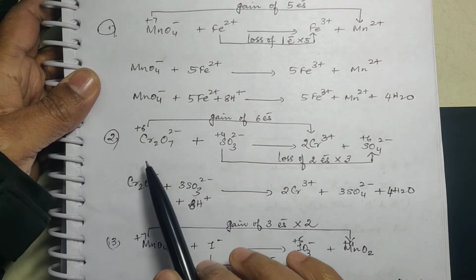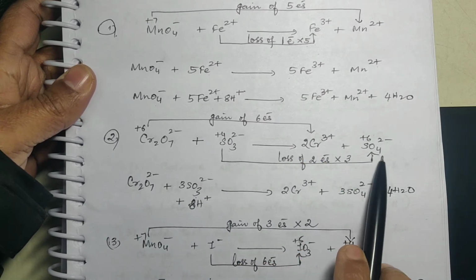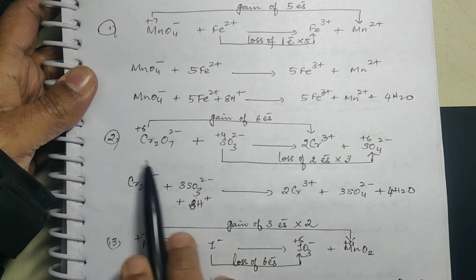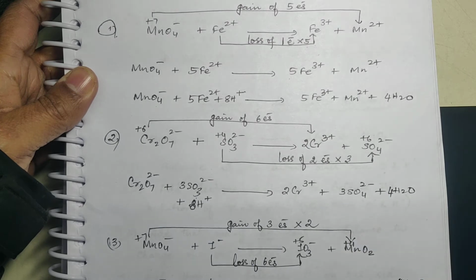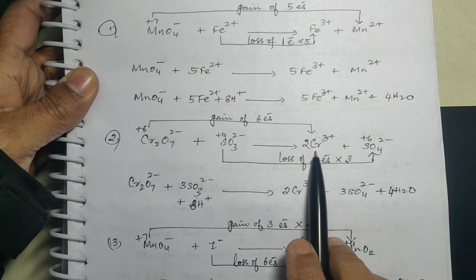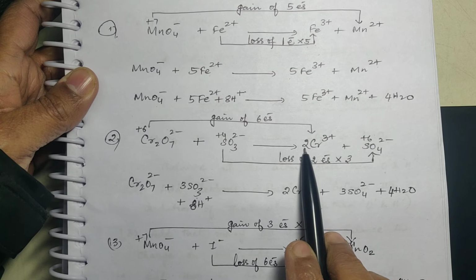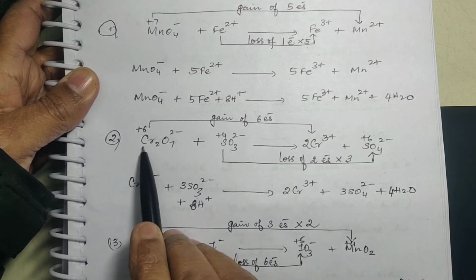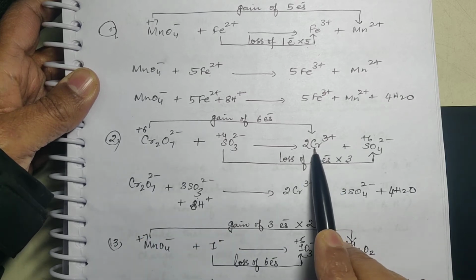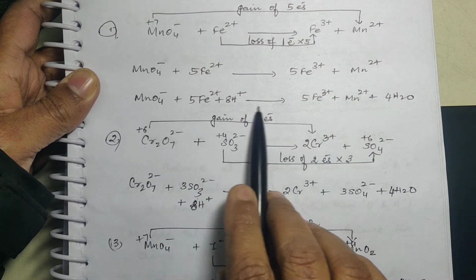Now another example, Cr2O7 2 minus plus SO3 2 minus giving you 2 Cr3 plus plus SO4 2 minus. Again, you have connected like species, Cr with Cr and SO3 with SO4. Okay. Now you know how to find out the oxidation state. Cr here is plus 6 and Cr here is plus 3. First you have to balance. Here there are 2 chromium, means you have to add 2 first of all. And now plus 6 on 1 chromium, so on 2 it is plus 12. Same way plus 3 on 1 chromium, for 2 it is plus 6. So 12 to 6, there is a gain of 6 electrons here.